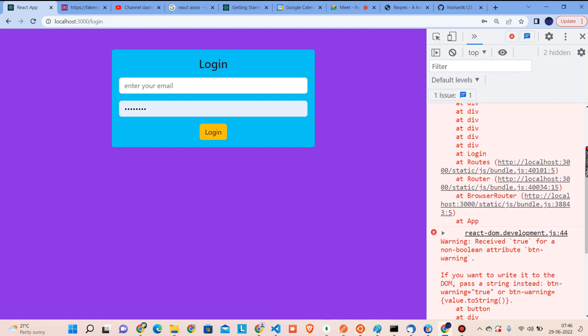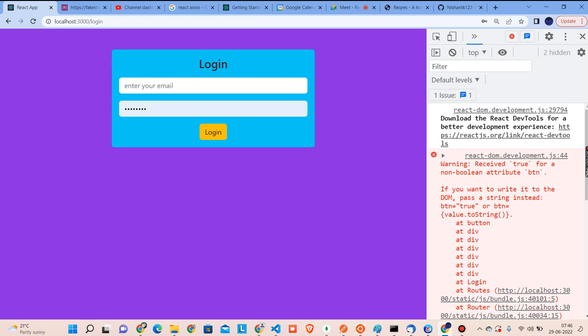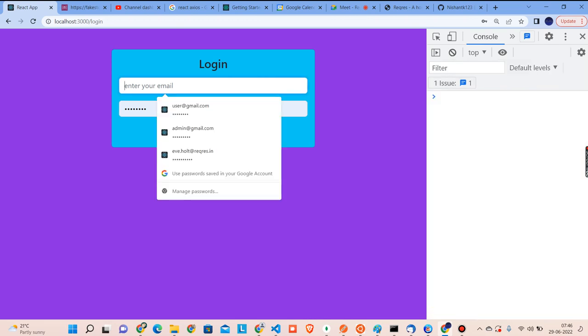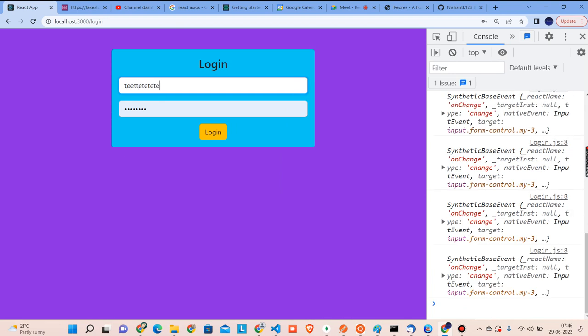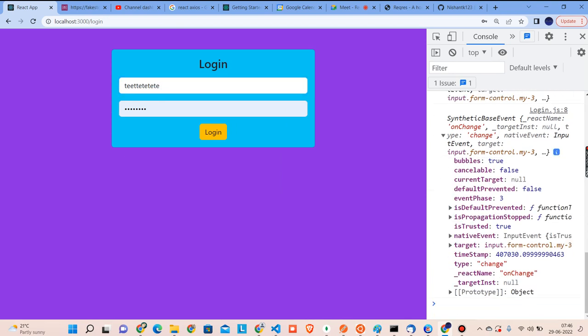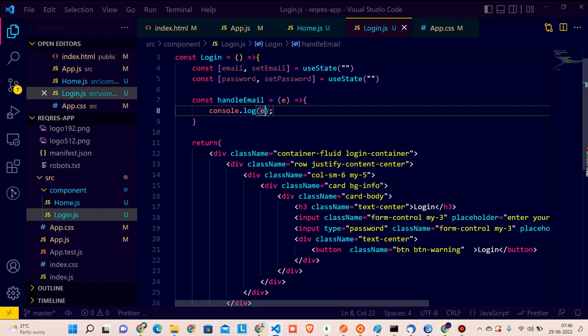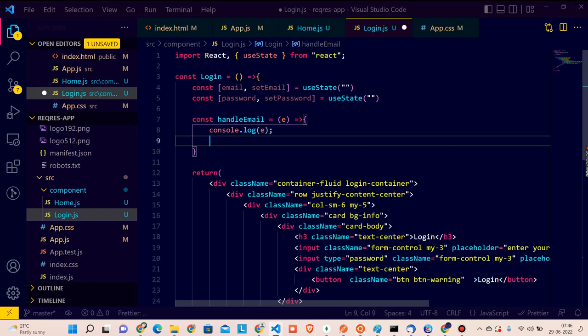Okay, something we missed. Okay, we'll check this as a warning. See, it's coming, right? You can check inside the event there is a target. Inside the target there is a value. So whatever value you have given is coming over here. Cool. So if you want to save this, what we will do,